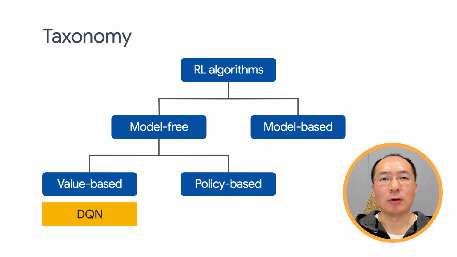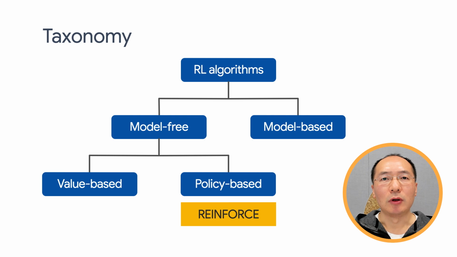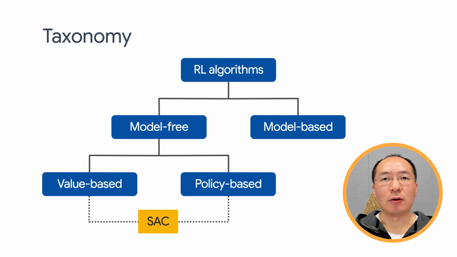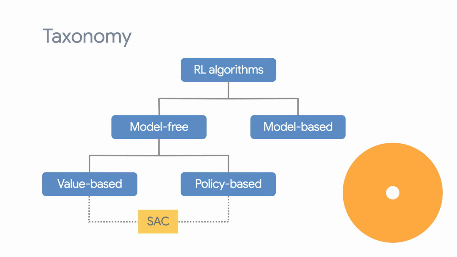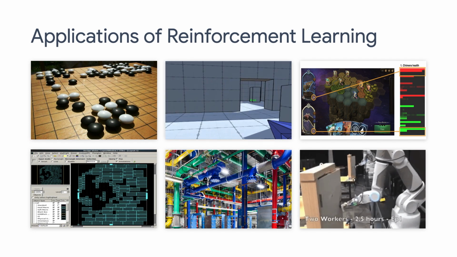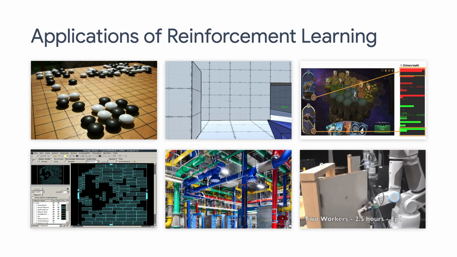DQN is a classical value-based method. We'll be discussing it in our next video. Reinforce, also called policy gradient, is a policy-based method. We'll be discussing reinforce in the third episode of this video series. And lastly, we can also combine value-based methods and policy-based methods. These are called actor-critic methods, and we'll be showing you a SAC, soft actor-critic method, in the fourth episode. Now that you have a basic understanding of reinforcement learning, let's take a look at some of the cool